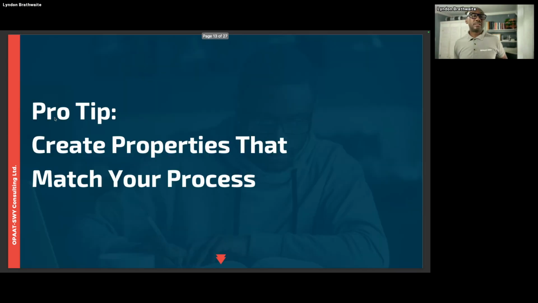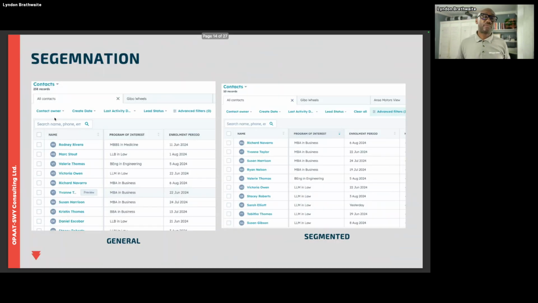So in terms of creating the properties to make sure it matches your process, so that when certain things come in, or if a customer says I'm interested in X, then it could actually trigger something. It could trigger a message to a sales rep. It could move them across to a specific team, etc. But again, you want to be able to be efficient based upon the properties that you have, because your properties tie into your strategy, right?